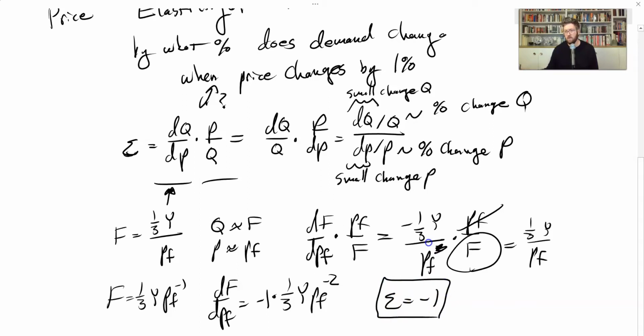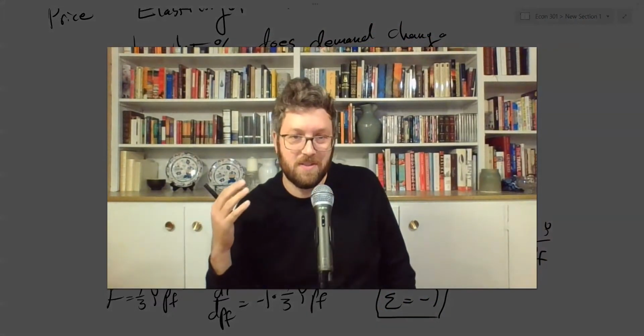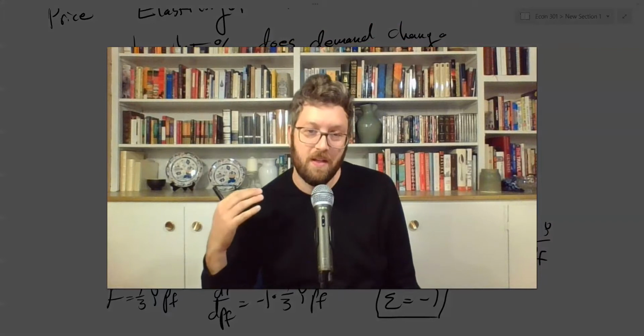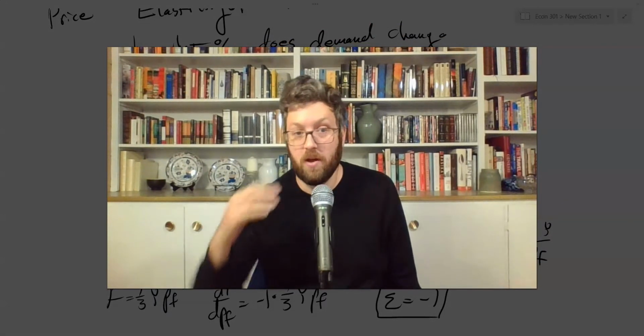Okay? Let me say that again. We have 1/3 y over P_F, and we're dividing by F, but F is also 1/3 y over P_F. So they cancel out, and all that's left is that negative sign. So another interesting feature of the Cobb-Douglas function is that Cobb-Douglas utility gives you an elasticity that's everywhere constant. It's always equal to -1, which means that